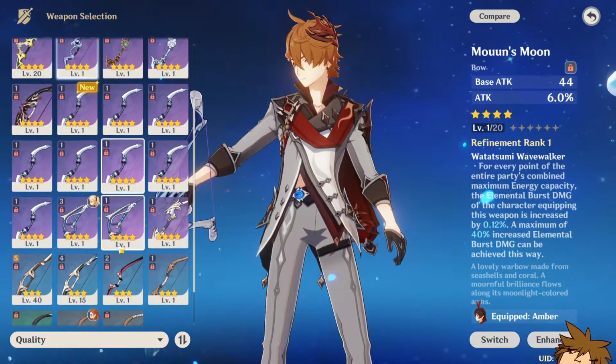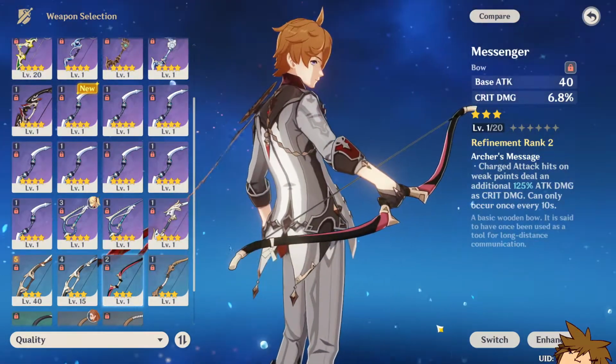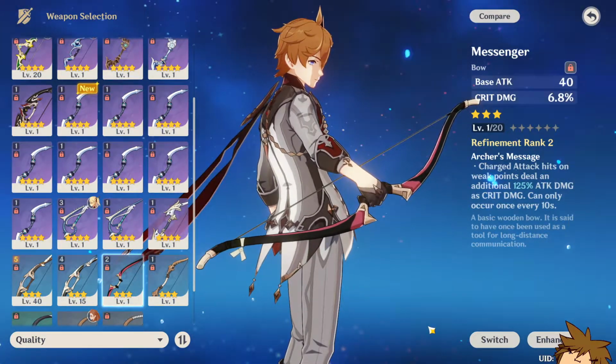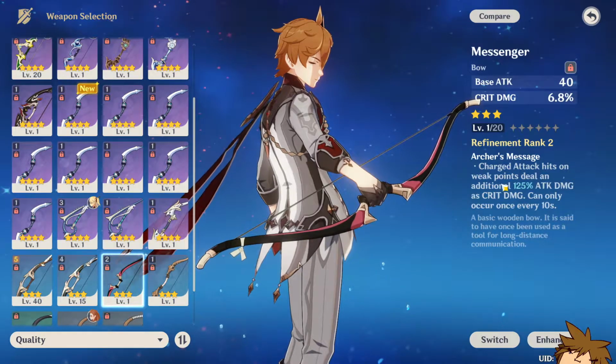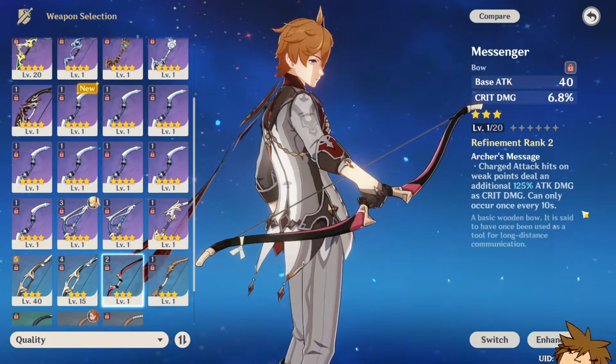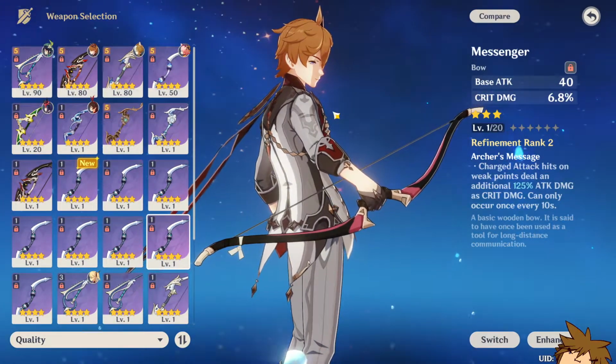So, yeah, I mean, if you only have 3-star weapons, the Messenger has crit damage, but you won't really do that well on it, I guess. But you could also have the passive work really well because it might give you a nice weak point hit. I don't know, but if you want to know about the 5-star weapons, they will all be pretty